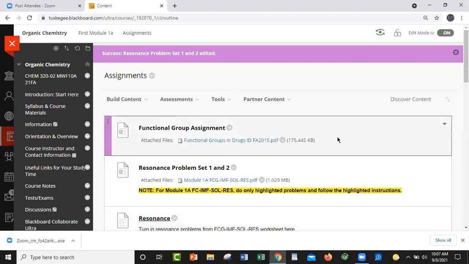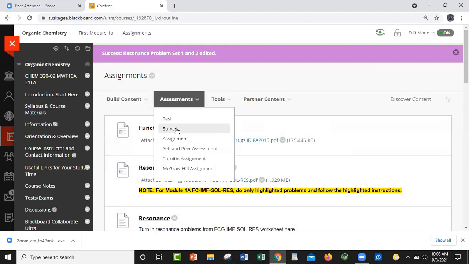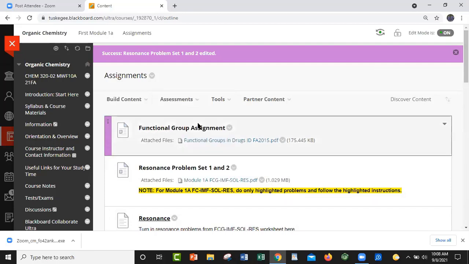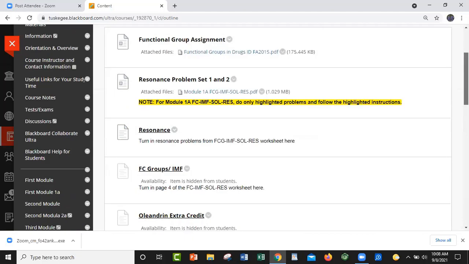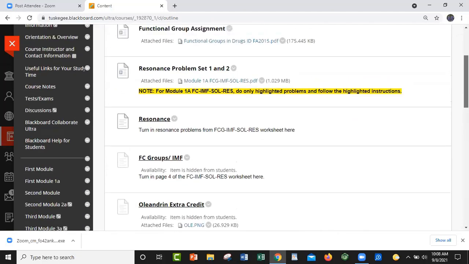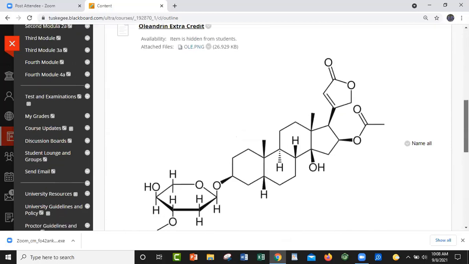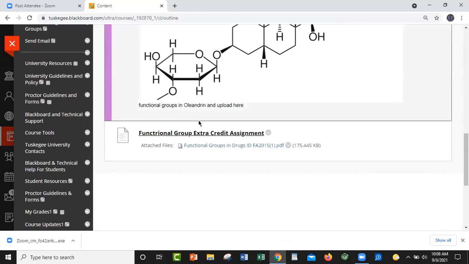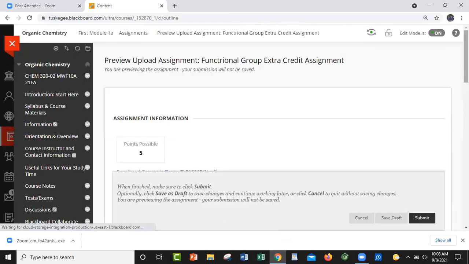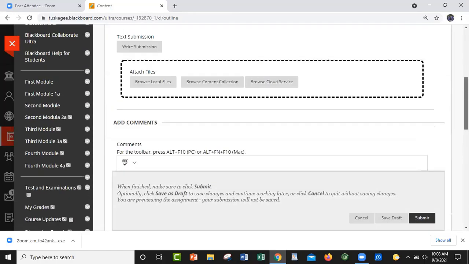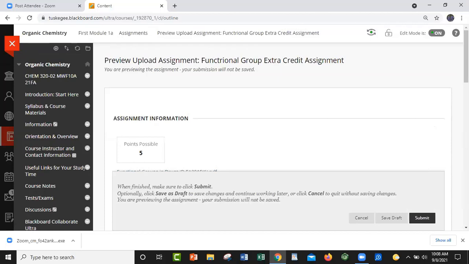Will you keep the extra credit spots? I know I turned something into that folder, or do you want us to condense it? Did you put it here? Well, no, it said functional group extra credit, the one that we did with the big molecule. Yeah, right here. I think that's an assignment. You can put it right there. I know it's lumped in with all the other sheets, but you can screenshot it and upload it.